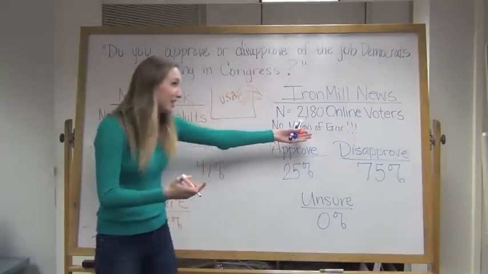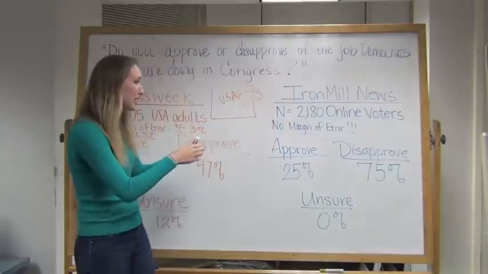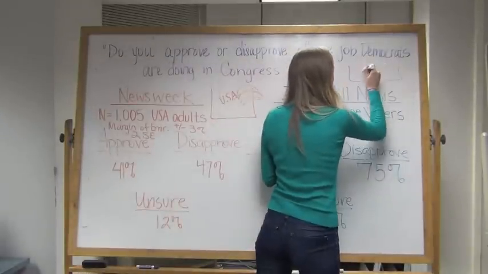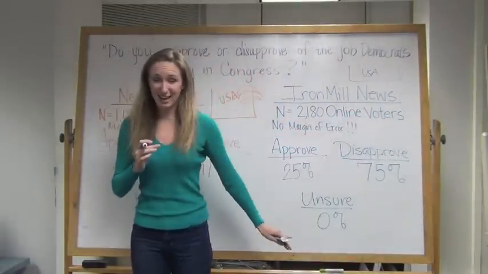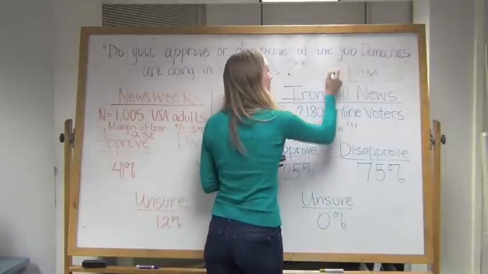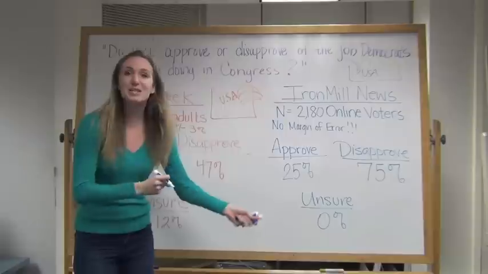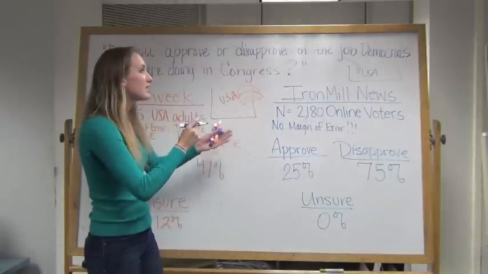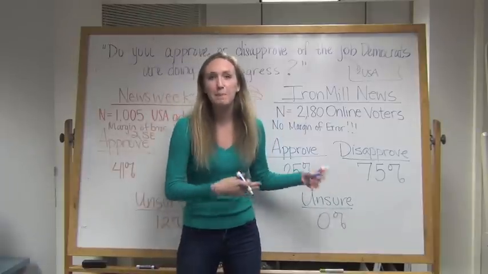Now, over here, no margin of error was reported. And this is because if America was in a box, right, with all these tickets, these were the people who were asking to get out of the box. These were the tickets that were self-selecting to jump out of the box themselves, rather than being randomly selected. So, because this was not randomly taken, we can't really use this as a scientific experiment,